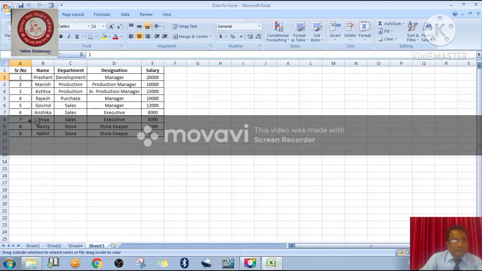Now I am dragging here. See, each cell has the same data. So now I have used the fill handle to copy the same data into any of the cells. If the cells are in contiguous mode, meaning continuous mode, then you can copy the content of the cell into the next cells. In the same way, suppose I want to drag like this. See, each and every cell has the one name only.